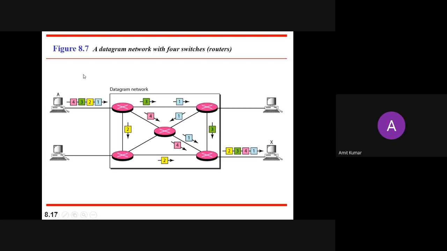So you can see all the messages which you are going to send from sender A will follow different paths. So at the receiver side, you will receive each message at a different instant of time. Here the first packet arrived first, so it is having the shortest path. It may happen it is not experiencing any delay and it reached the destination first. After the first packet, we received the fourth packet, then the third packet, and then packet number 2.